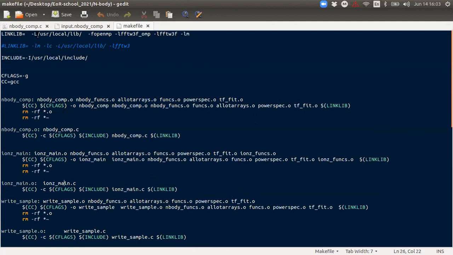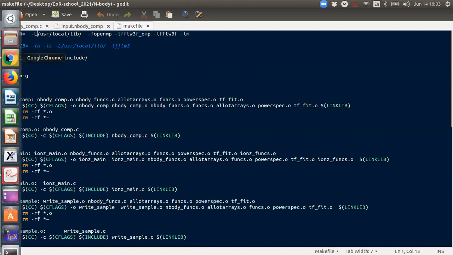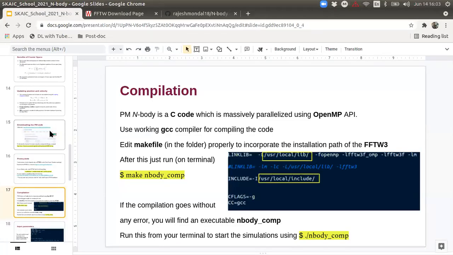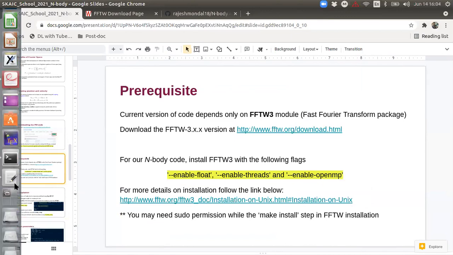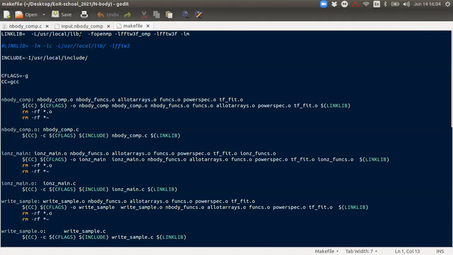So don't try to do any editing here unless necessary, except for these two lines. Here you can see that something is defined as link library and include. If you installed FFTW as root, then you don't need to change anything here.